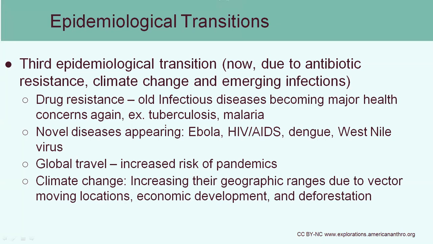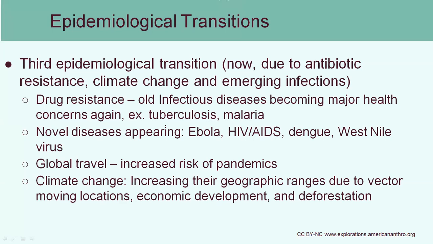We definitely have an increased risk of pandemics. This is due to the change in global travel, right? So historically, humans got around by walking. Then they might have started using things like horses, building ships, but all of those are relatively slow methods of travel. Nowadays, you can hop on a plane and go to the complete opposite side of the world within a 24-hour period. So this global travel increases the risk of transmitting illnesses much faster.